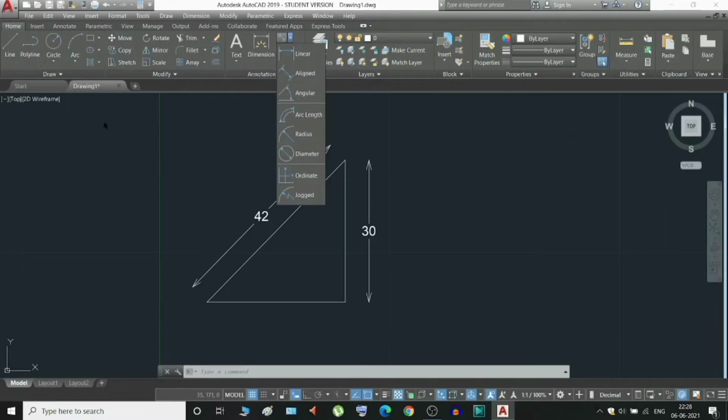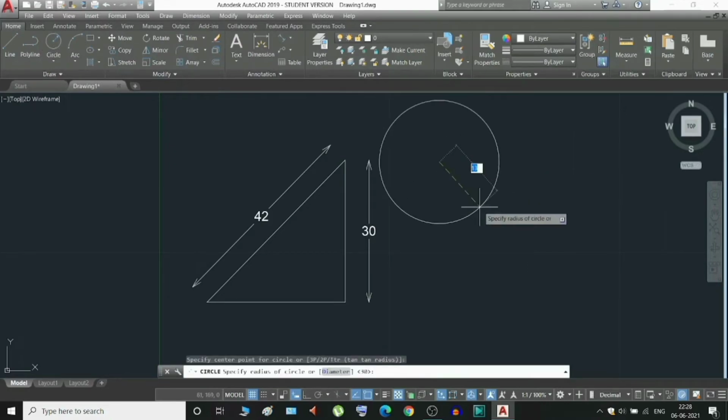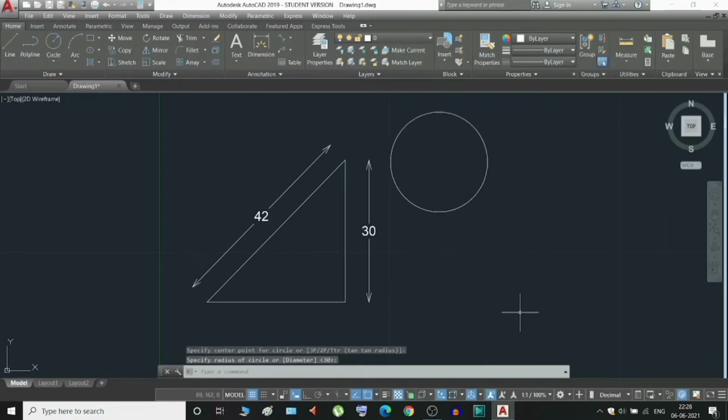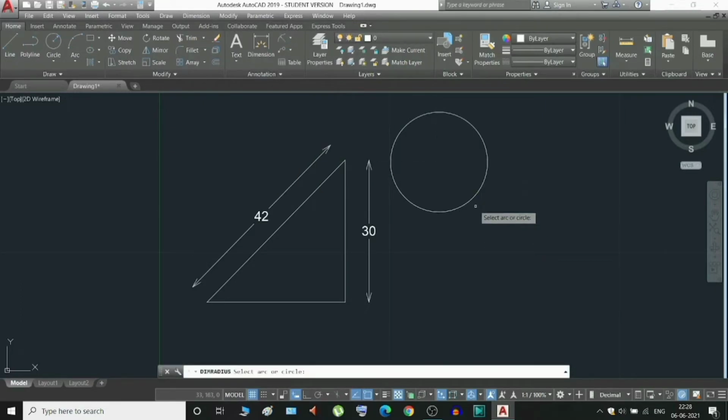And if we draw a circle here and select from dimension the radius, we have to select the circle and it will show us the dimension.